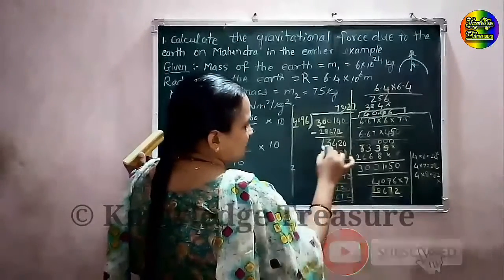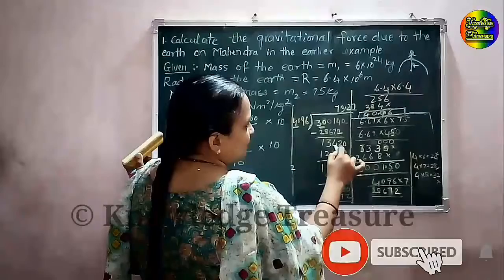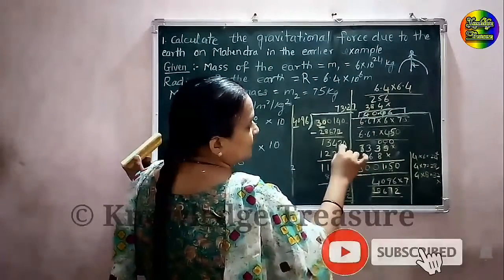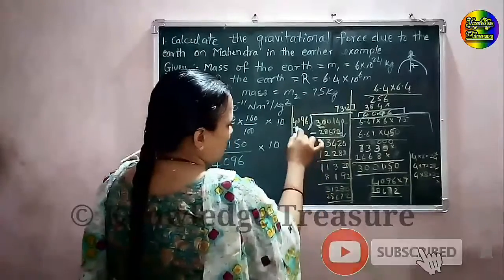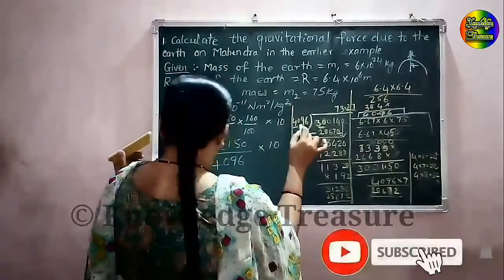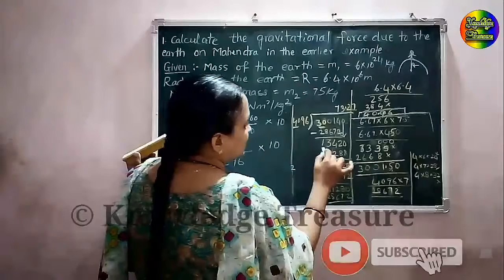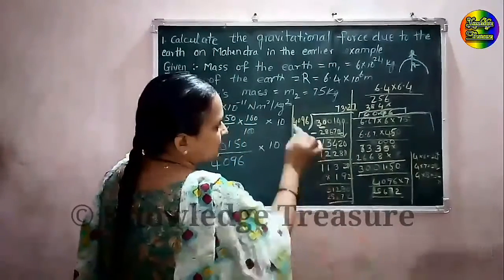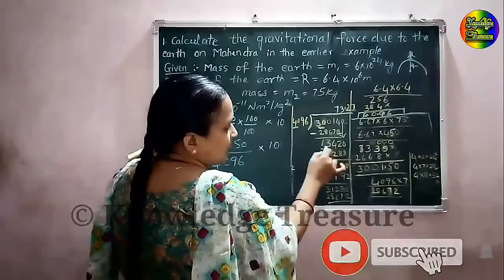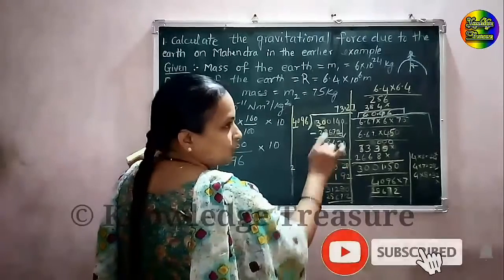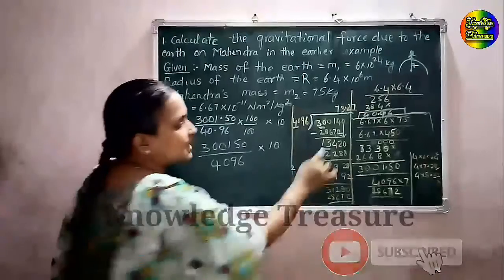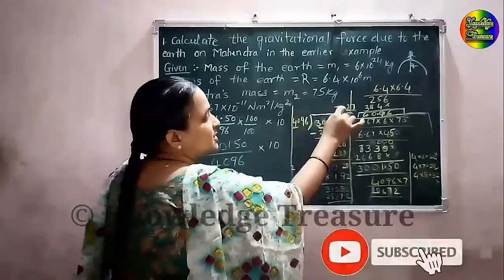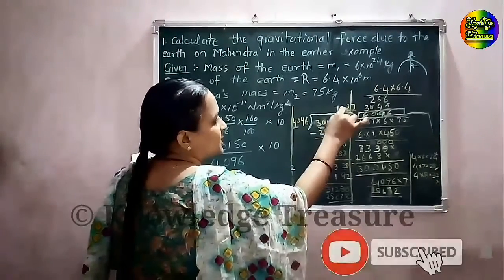28,672. Then minus this one, you are getting 1,342. Now take this 0 and again see this first digit and here first two digits. 4 2s are 8, 4 3s are 12, 4 4s are 16. So 4 4s are 16, and 16 is greater than 13, so you can use only the third number, 3.